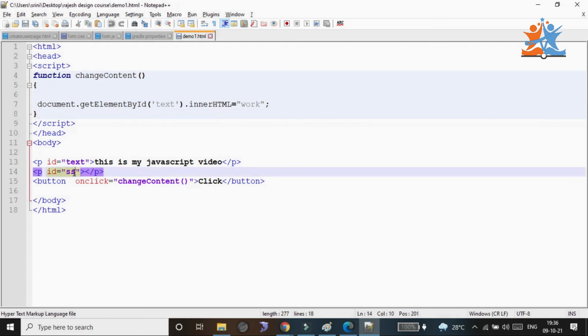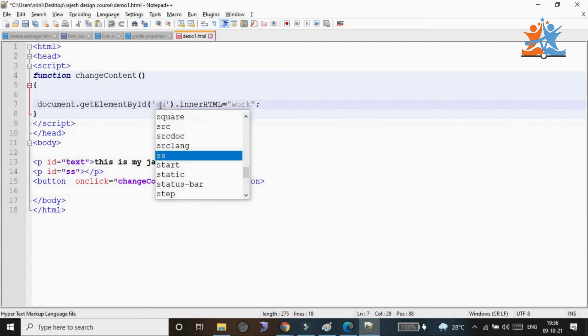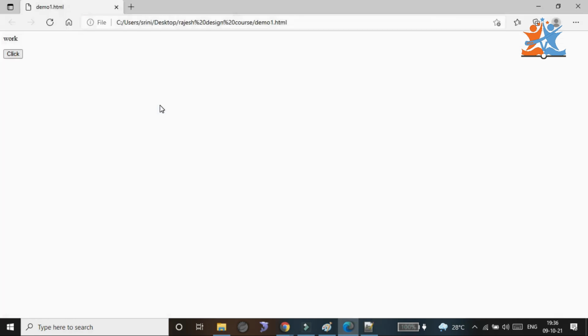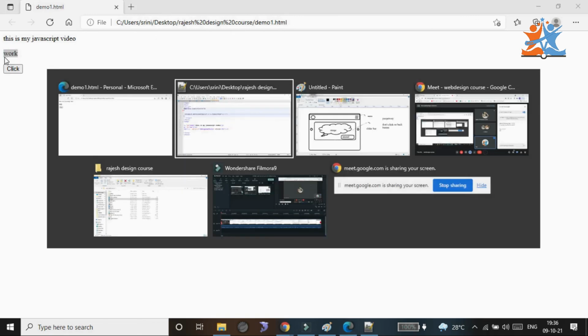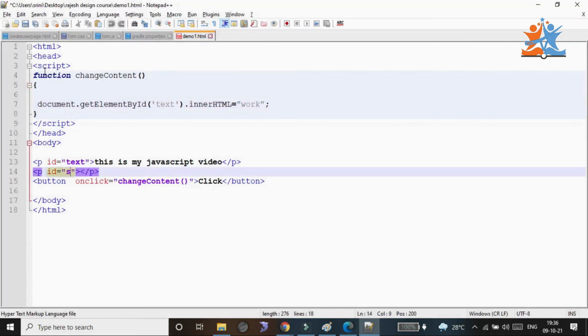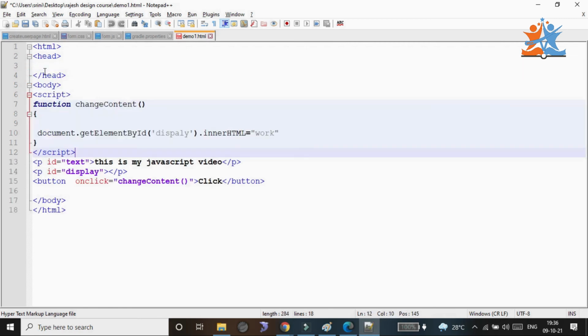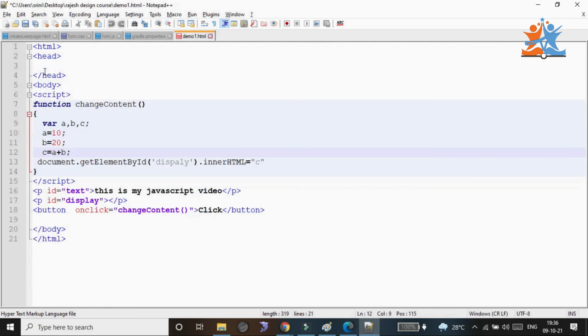Yes, it's working fine now. Everything is correct. This is my previous code, where I am using the semicolon. Here, in place of display I need to change it to ss, and here also I need to change it to ss. Display is a key functionality of JavaScript, so that is what we don't want.